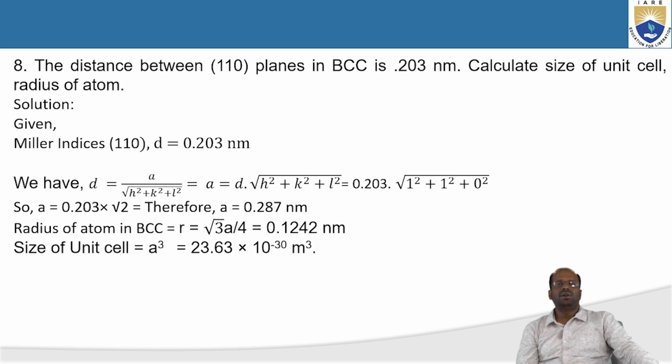Then size of the unit cell is nothing but volume of the unit cell. The formula for volume of the unit cell, for face centered cubic or body centered or simple cubic structure, is always a cube. So a cube, where a is equal to 0.287 nanometers, we are cubing that. Then we are getting the value 23.63 into 10 to the power of minus 30 meter cube. That is the size of the unit cell of the